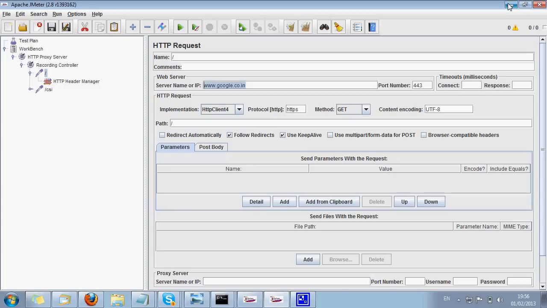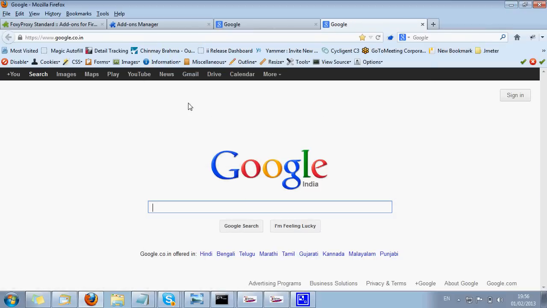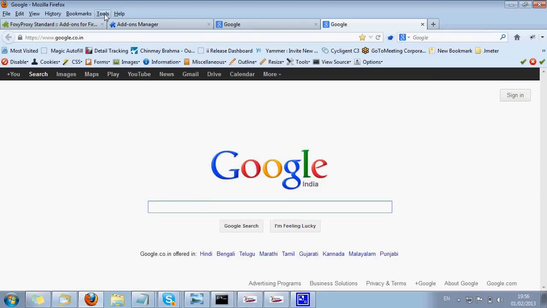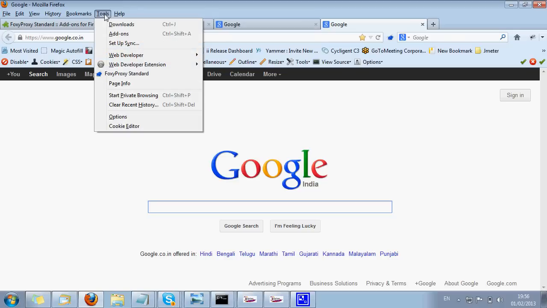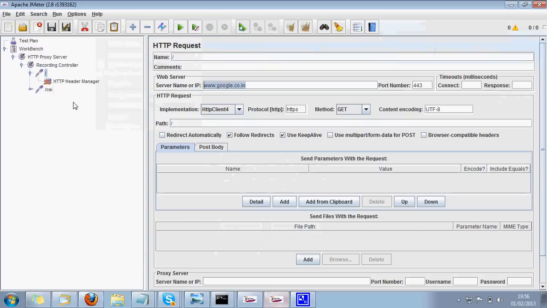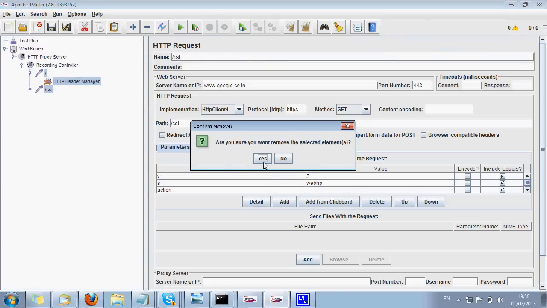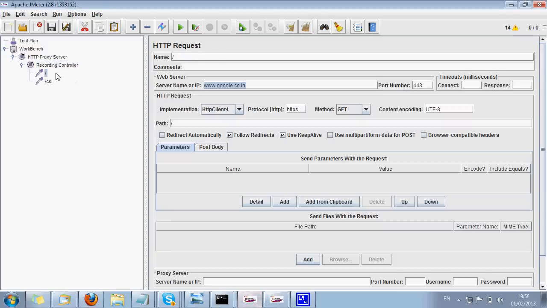Now I would like to show how we are going to parameterize or predefine a URL pattern. Before that, I would like to clear all my recorded entries so that it would be clear what got recorded under what. Okay, so done.